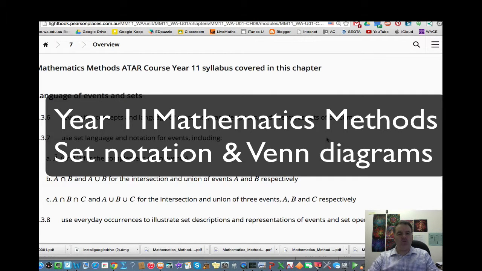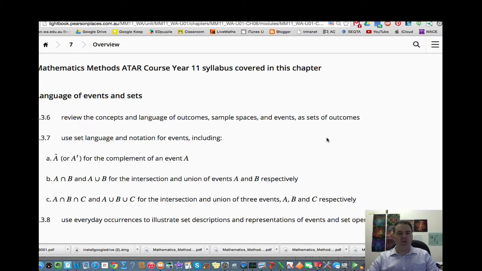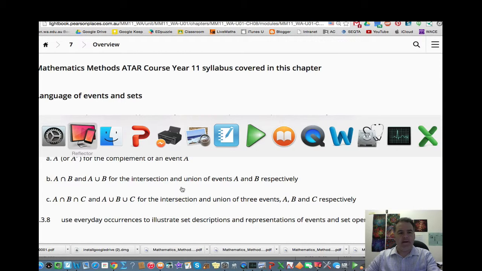I wanted to make this video, which is going to go through one of the elements of the unit 1.3 that we've been doing on probability and counting. This one, I'm going to look at some of the things in 1.3.7, which is about set language and notation for events. So we're going to look at a set, the complement of a set, union and intersection, those kinds of ideas, and just some basic ideas about sets from the syllabus. Okay, so